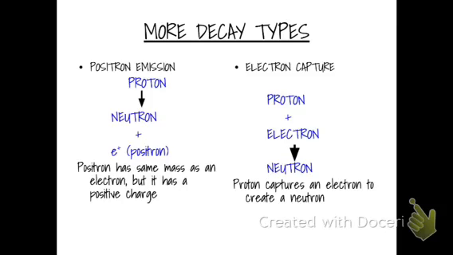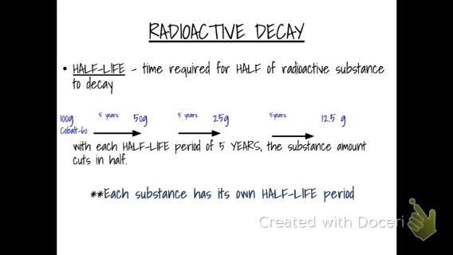Okay, so you've got more decay types. You've got positron emission, and then you've got electron capture. You can look at those again. It's not really anything that you need to know for this class. Then you have something called radioactive decay, and on Tuesday's video I'm going to deal a lot with practice problems